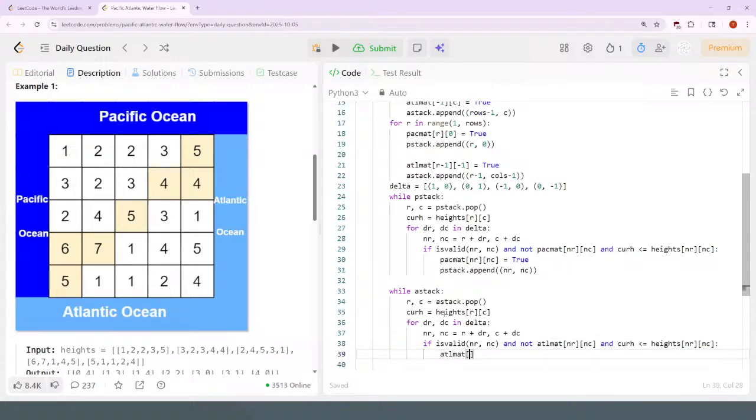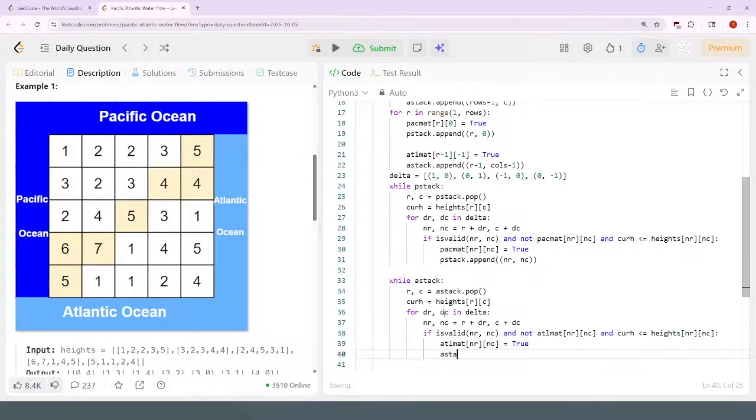Atlantic matrix at NRMC is true. A stack append NRMC,